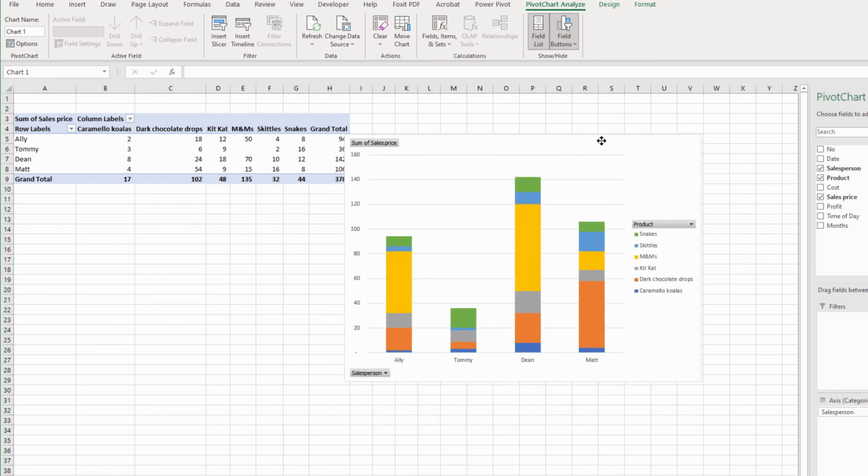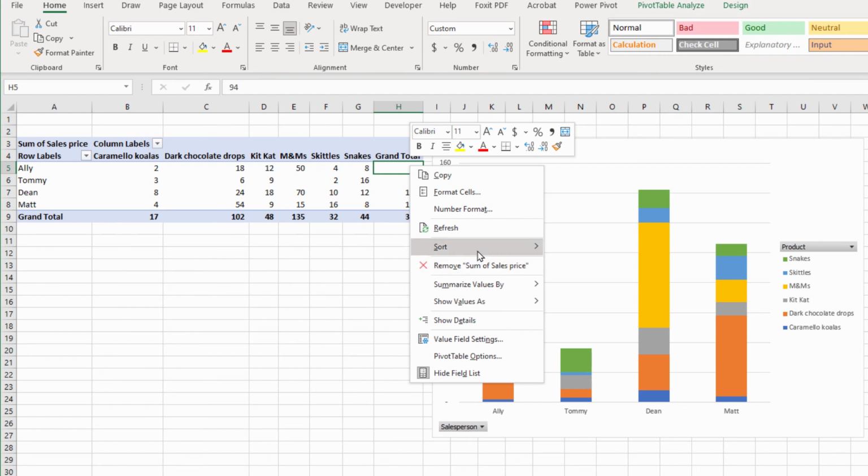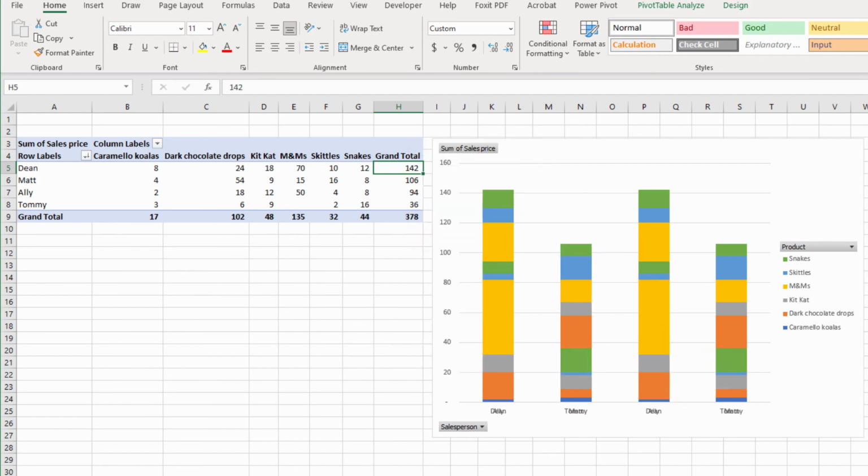Now the cool thing is any changes that you make to the pivot table immediately get reflected in the pivot chart. So if I sort my pivot table, so let's go again, right click, sort largest to smallest, you'll see it just updates automatically.